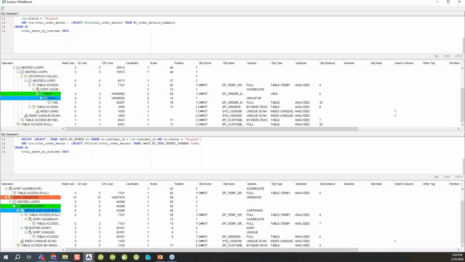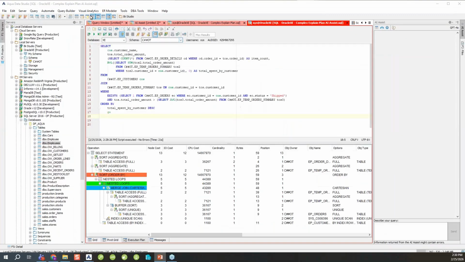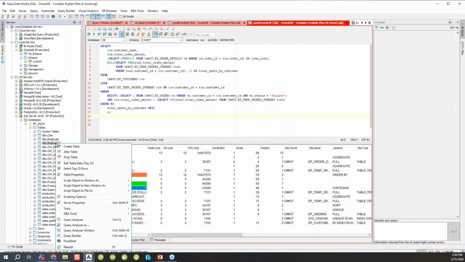if you cannot use the AI Assist because of security concerns in your organization, Aqua Data Studio also has a visual query builder functionality. The visual query builder is built into Aqua Data Studio. It's located under the query builder menu, or you can right click on a table and launch a query builder as well. And what this is going to allow you to do, for example, I'm going to open up a query builder